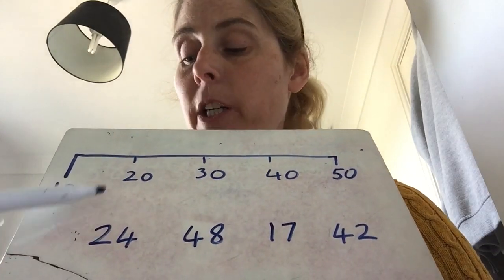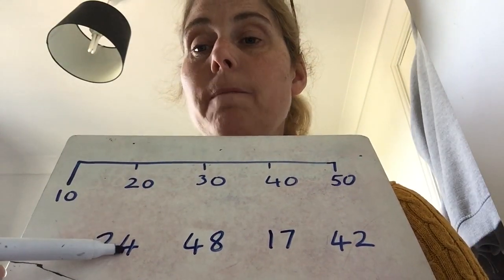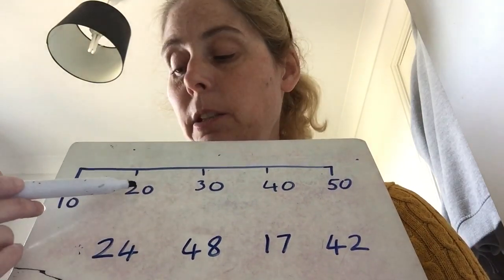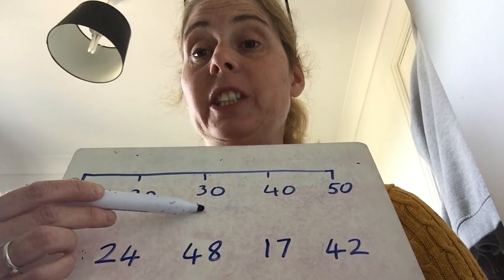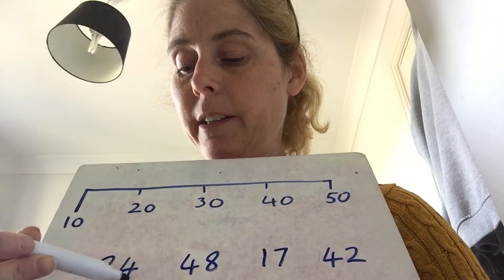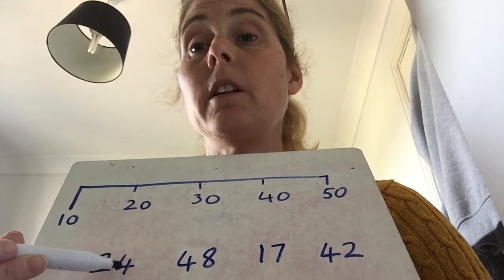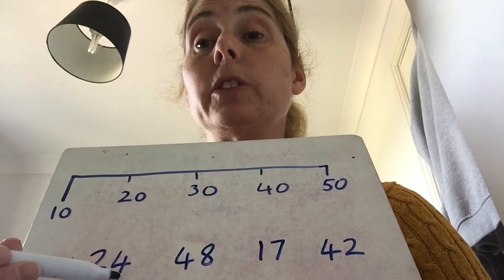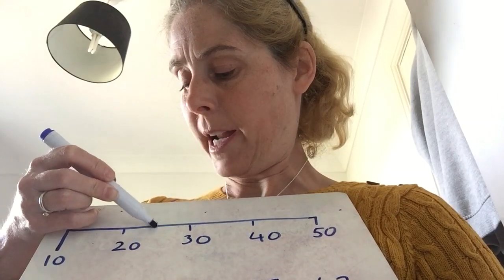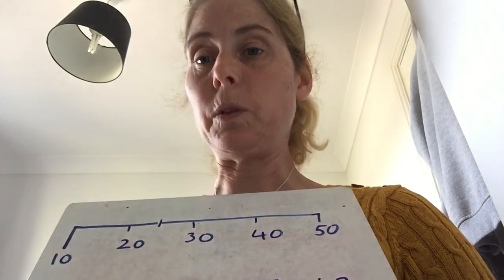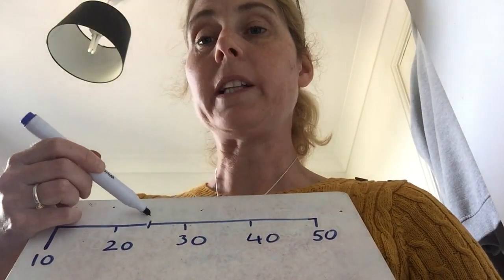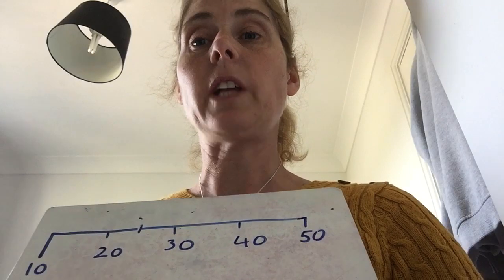Okay, if we look at this one, it says 24. So that tells me, because it's a 20s number, it's going to come between 20 and 30. Now if we think about it, look at 20 and then we look at the 4. 4 is very close to 5, and 5 would come halfway between the 2 multiples of 10. So we know here that we would have 25,